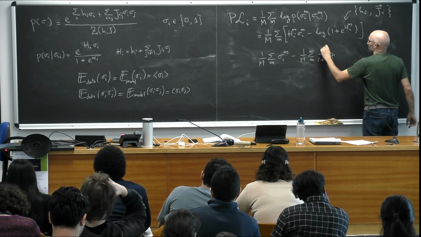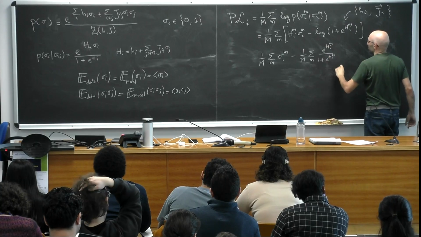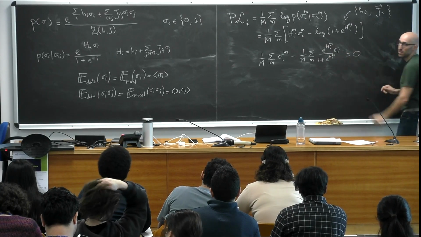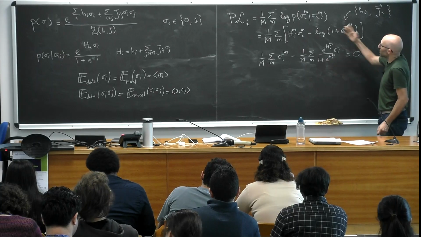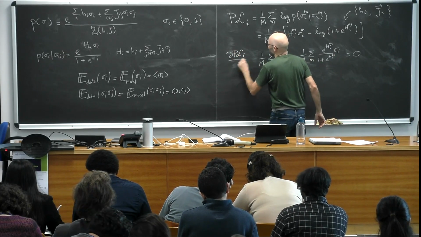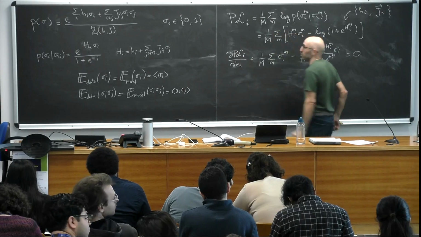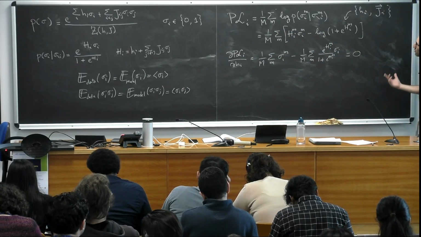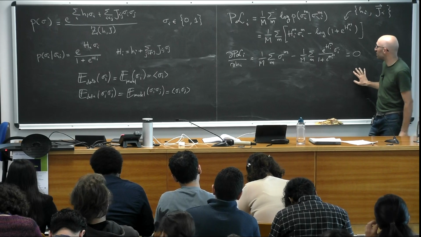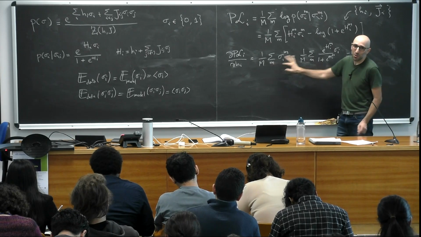When you take the derivative, you have something like this, and this should be 0. So you see the derivative of the pseudo-likelihood, well, let's do it just for the fields. The derivative of the pseudo-likelihood gives you a sort of moment matching condition, which actually corresponds to the Callen